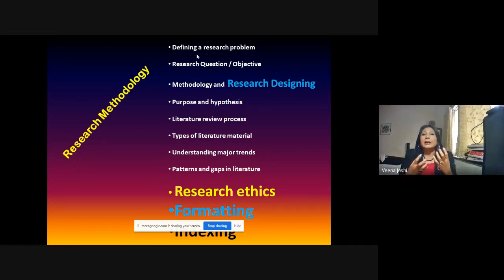When we say defining a research problem, what do we mean? Research is nothing but creating something which did not exist, or research is when a problem is there and I'm trying to solve it. This is called research. Geomorphology of Mula Basin, the slope of this basin, that is called data generation because there is no problem.